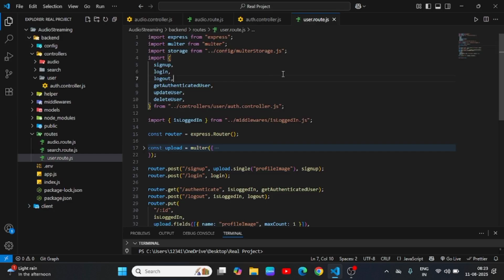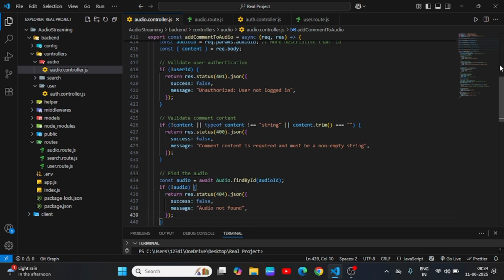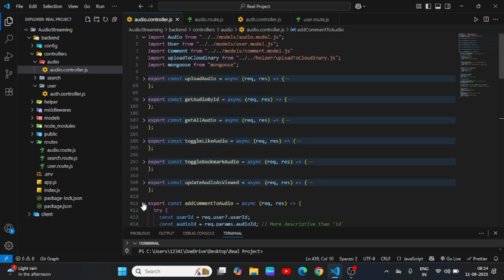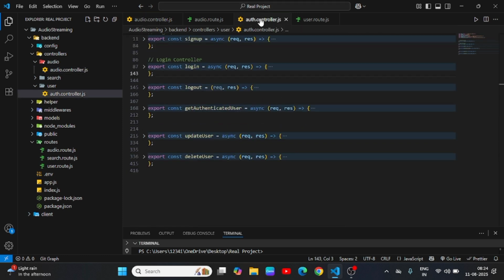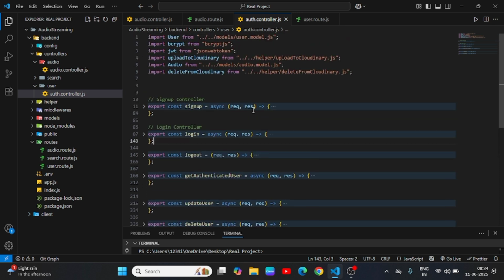This is the fourth part of the audio streaming series. We are building an audio streaming platform similar to Spotify and YouTube type UI. So far we already set up and created all the audio controllers. You can see all the audio controllers and all the user controllers. And now it's time to create